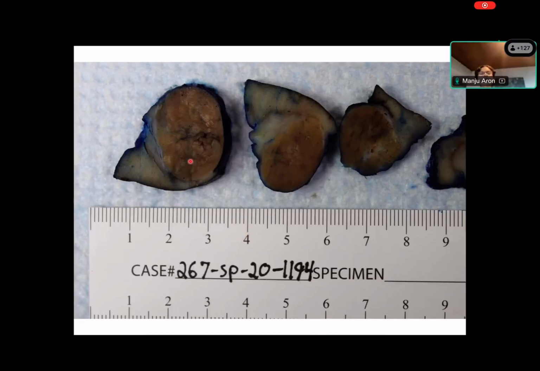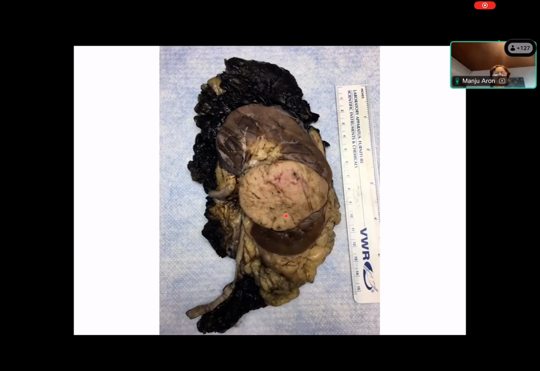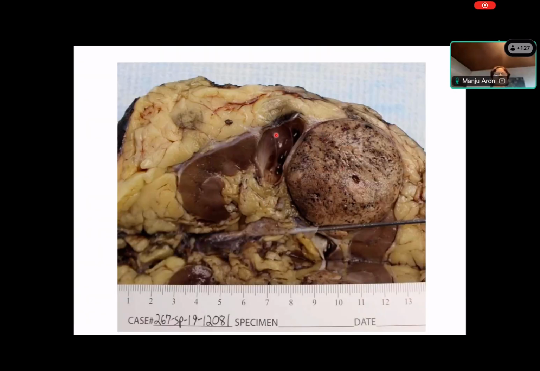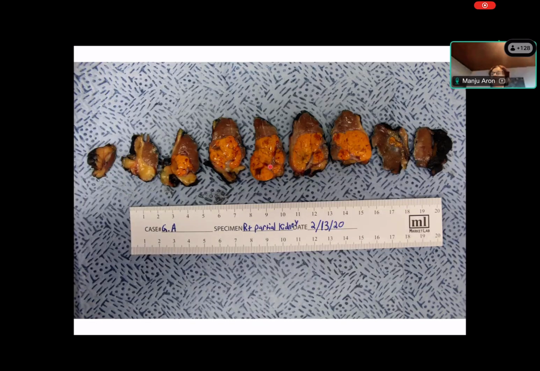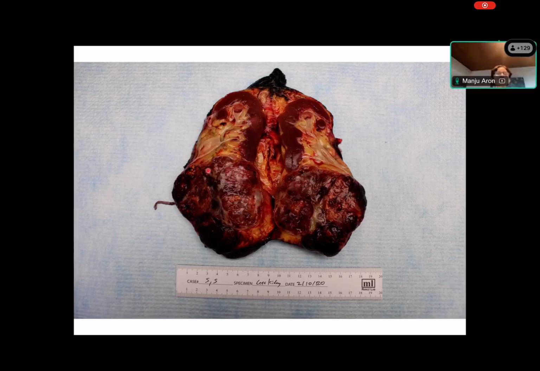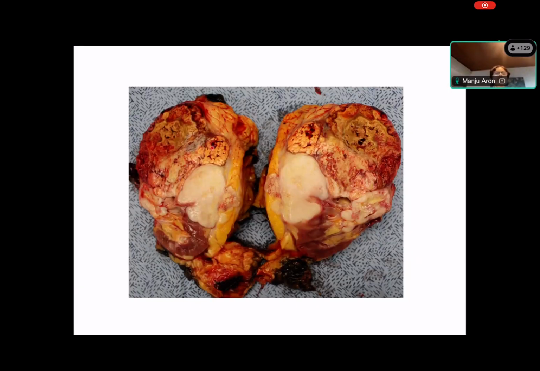Here's another tumor with a similar kind of appearance, darker than the surrounding renal parenchyma. And here is another tumor which is again circumscribed, but it is paler than the normal renal parenchyma. Another example of the same, paler than the adjacent renal parenchyma, but not quite yellow in appearance. Here is another tumor which is very yellow, or we can call it golden yellow in color. Here is a tumor which has a very heterogeneous appearance with yellow areas, areas of hemorrhage. And here is a yellow tumor which has these large areas of gray-white discoloration, which appears much firmer than the surrounding tumor.